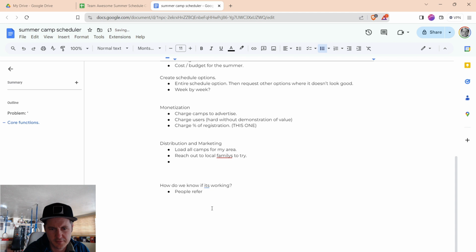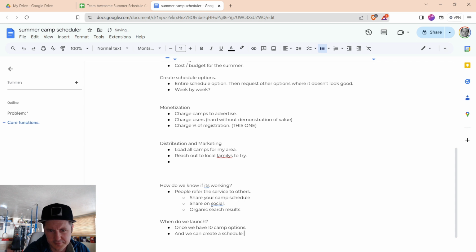People refer the service to others, share schedules on social, and organic search results. Okay, when we launch, we'll have 10 camp options, and we can create a schedule.